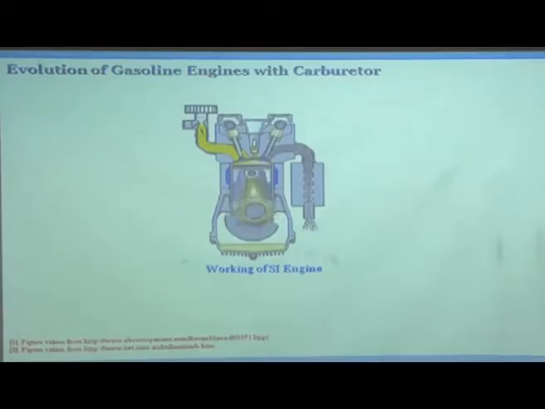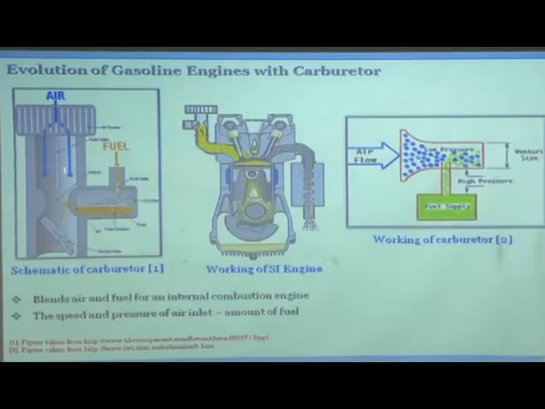I will now show you, using some animations, how the GDI actually works, or how three different technologies actually work. So, this is a carburetor engine. You can see this is a carburetor here, this is the air filter, fuel is coming in, this is the throttle, you reduce the area. You know how a carburetor works. So, carburetor, this is the throttle, air is coming in through the filter, and then you create a